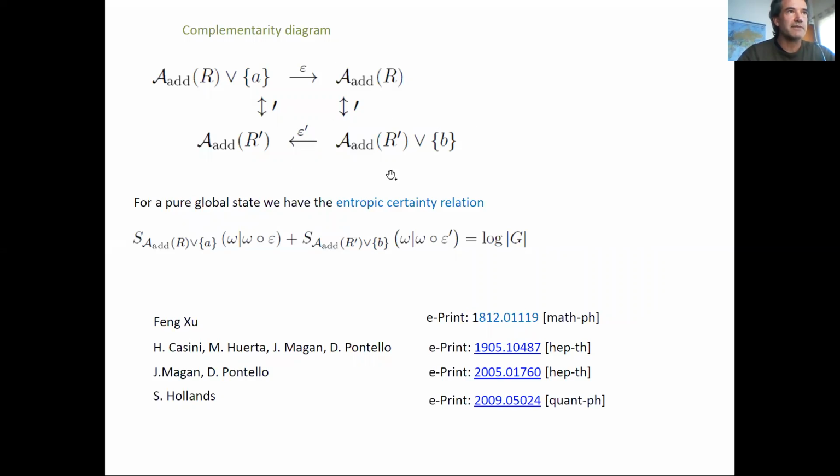You have the maximal algebra for the complementary region R prime with the non-local operators, and there is a dual conditional expectation that takes you from that to the additive algebra for R prime. And in the vertical direction, what you have is the commutant. The commutant of this algebra is the additive algebra of the complement, and the commutant of this algebra is the additive algebra in the region R. Once you have this structure,